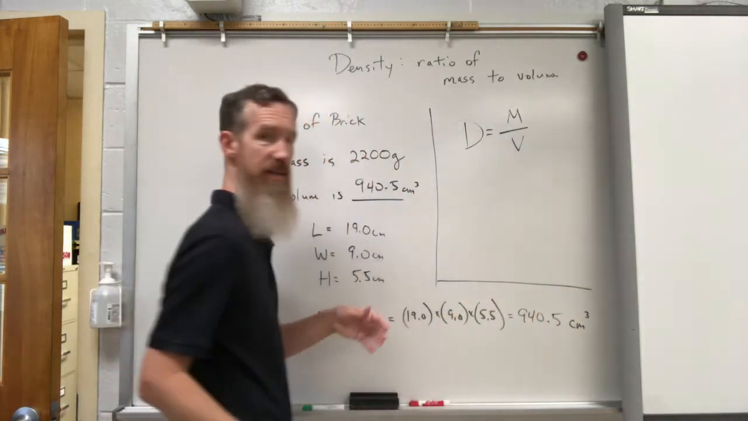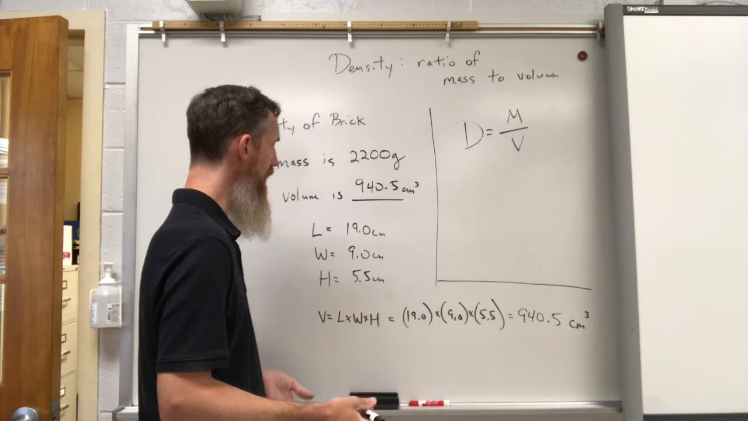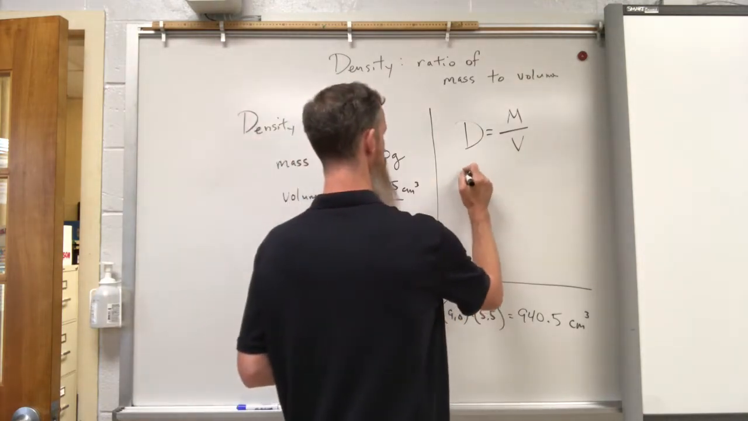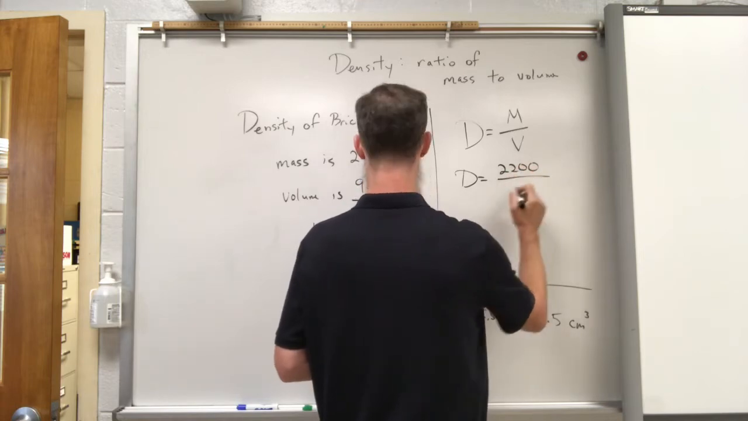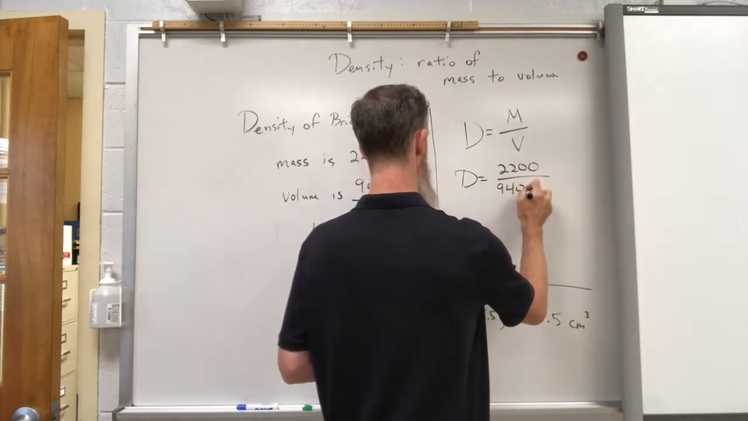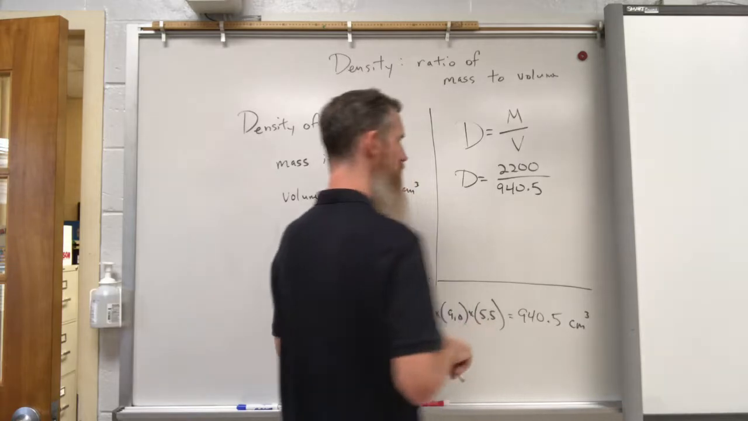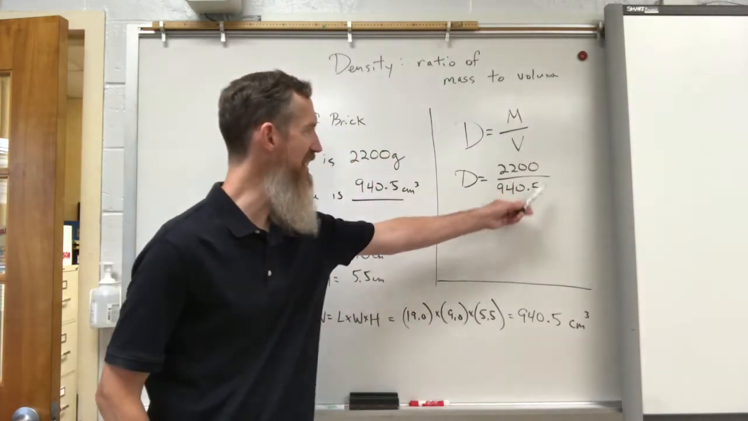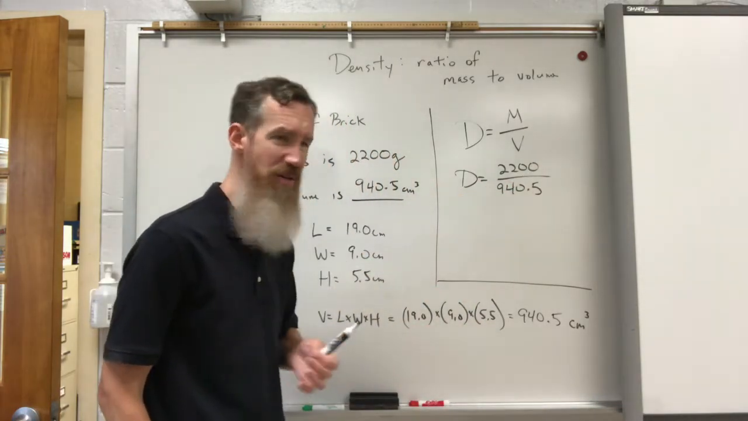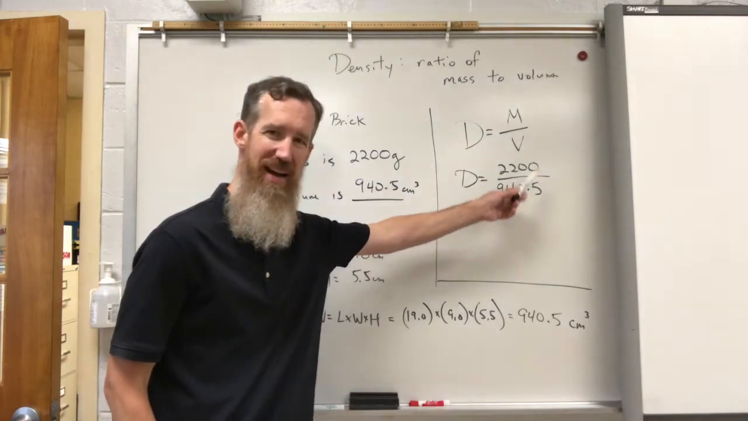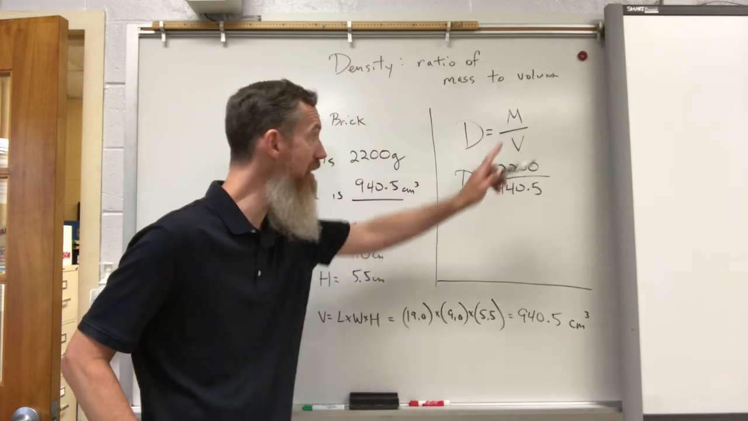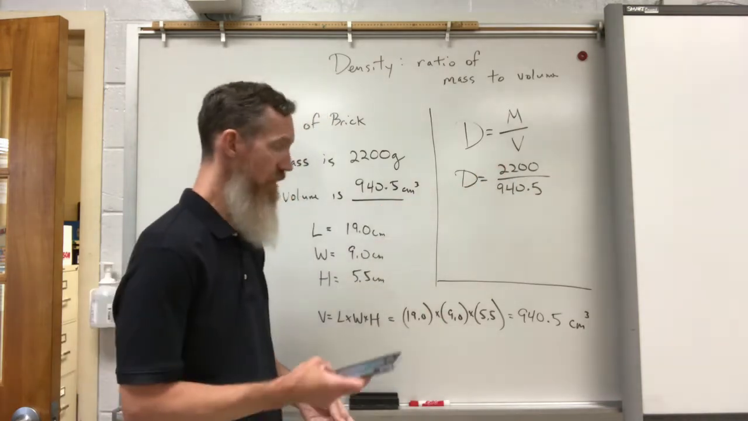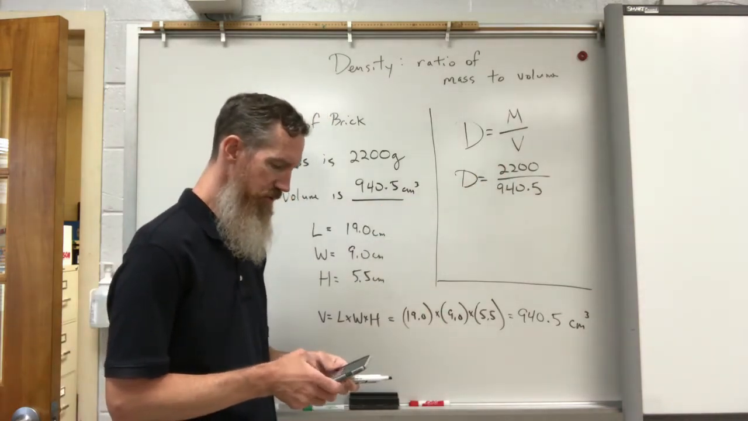Now once I have my mass and my volume, I'm able to calculate the density. You just plug it in and do the algebra. Density equals 2,200 over 940.5. Now, I know that some teachers like you to write the units in when you're doing the algebra. I don't, because I find that to be very confusing to my eyes, having all those numbers and letters together. But I must, in my head, know the units to those numbers. And so if I do this division,